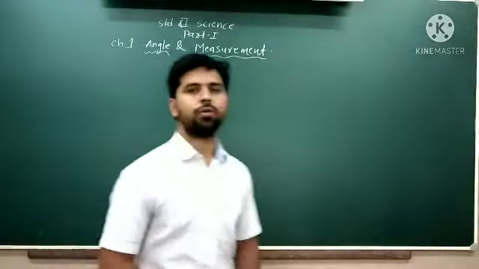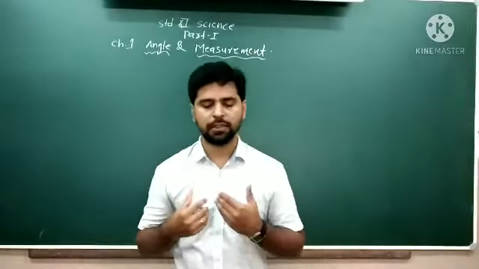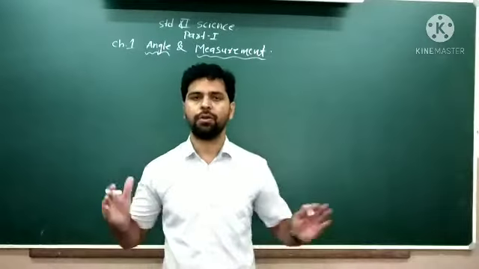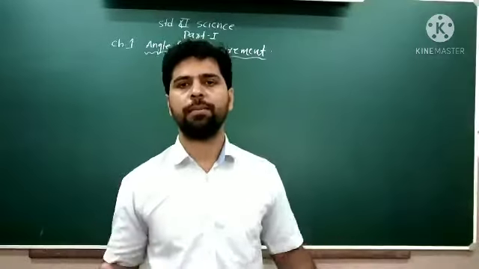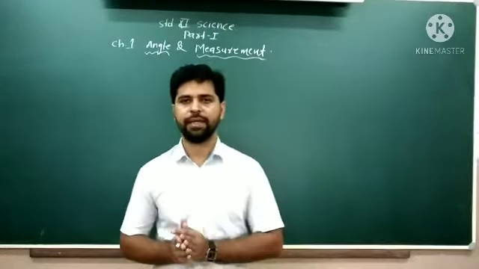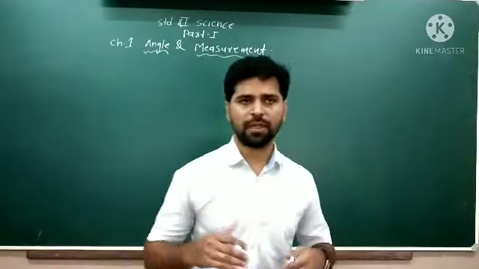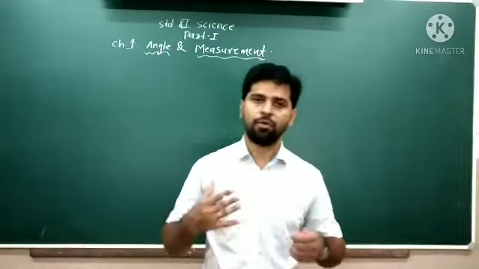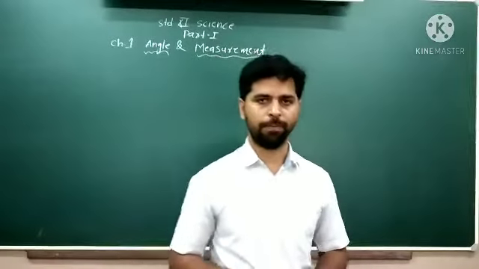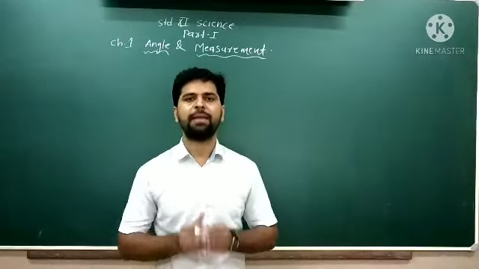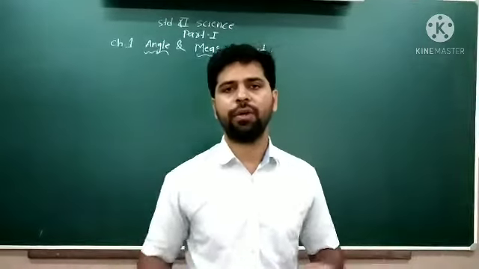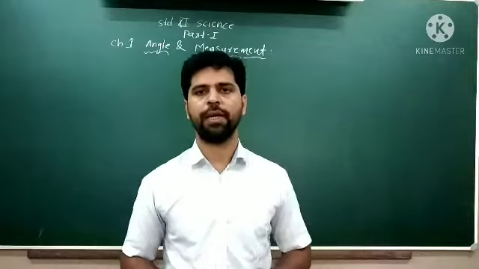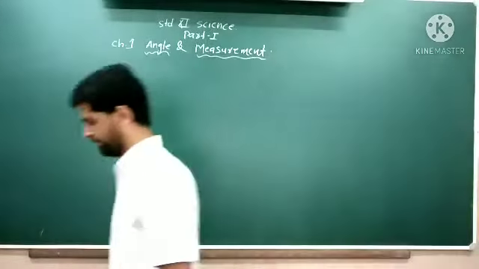As I told you, angle you have already seen. Even you have seen negative angle as well as positive angle, right? So in this chapter we are seeing the measurement of that angle also. We can calculate the angles and their measurement. But what is the meaning of angle? How does that angle form? How can that angle be created? If we have only one line, can we find out the angle of that straight line also? So let's see what is the definition of angle.